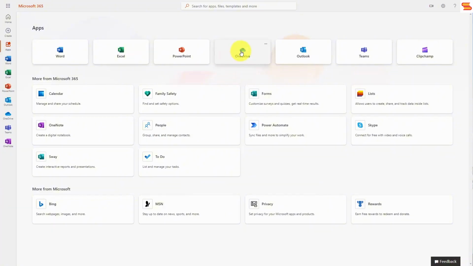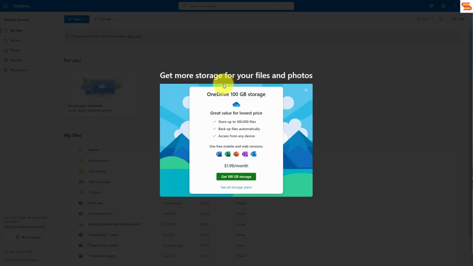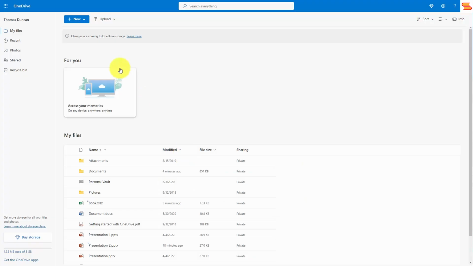Welcome back. You will have access to Microsoft OneDrive. And OneDrive is where all of your documents that you are creating will be stored. Microsoft will be making an offer for you to increase the amount of space that you have, which you can subscribe to separately, or you can increase the amount of storage by signing up for a paid version of Microsoft 365. OneDrive is designed for you to upload documents, both files and folders, from your hard drive into the storage